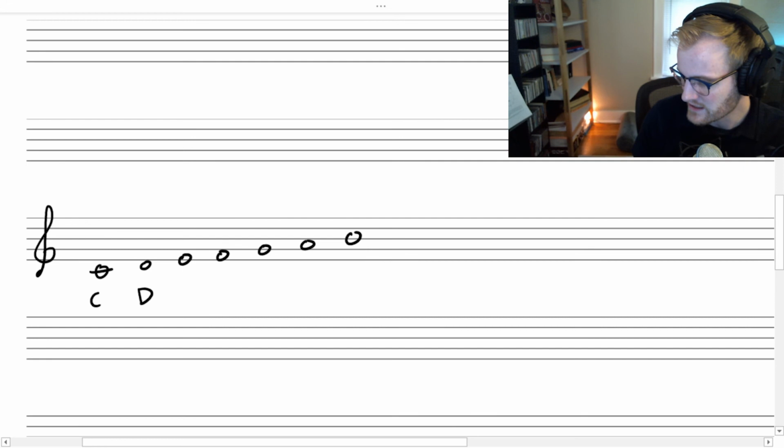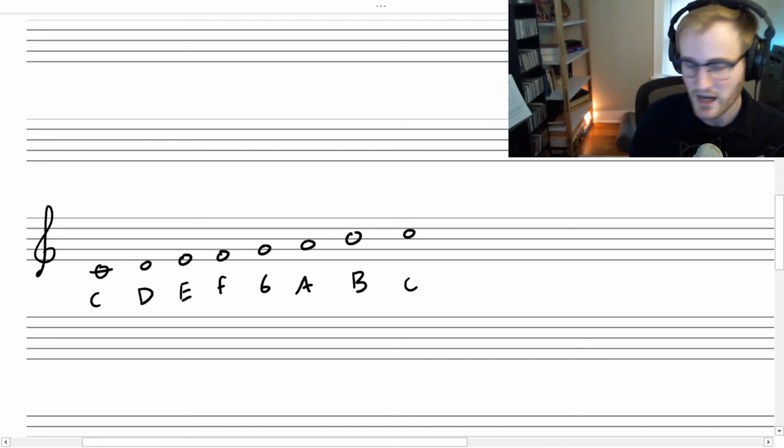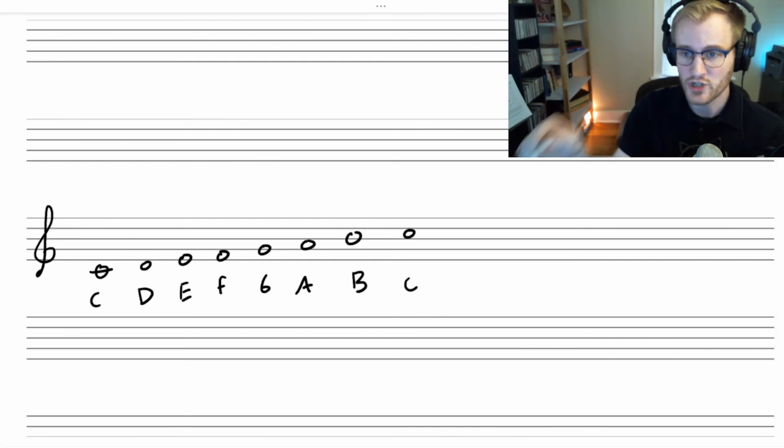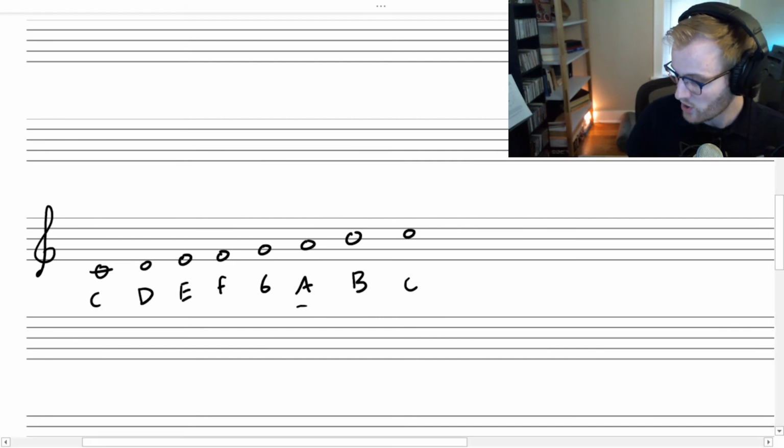C, D, E, F, G, A, and B, and then of course we could take it back up to C to complete the octave. Notice that each letter of the musical alphabet is represented, A through G, of course in this case starting on C, but the whole idea is that all of those letters are present